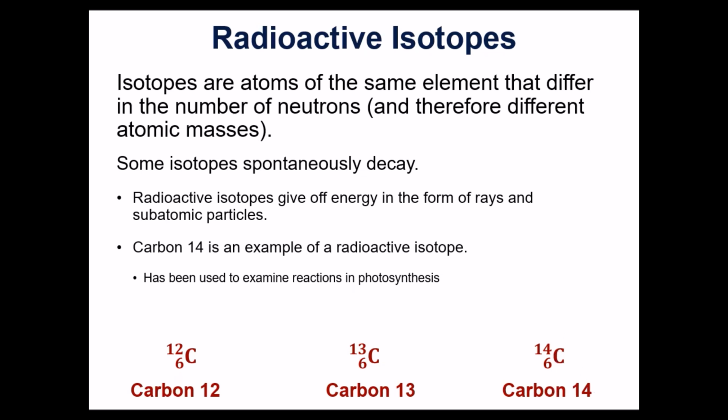And so again, this is carbon 14. That 14 is its mass number. And what that tells us is carbon has 6 protons, so this must have 8 neutrons in it. Okay. And so isotopes are very important in dating things. They're also very important in nuclear medicine because they do emit radiation.